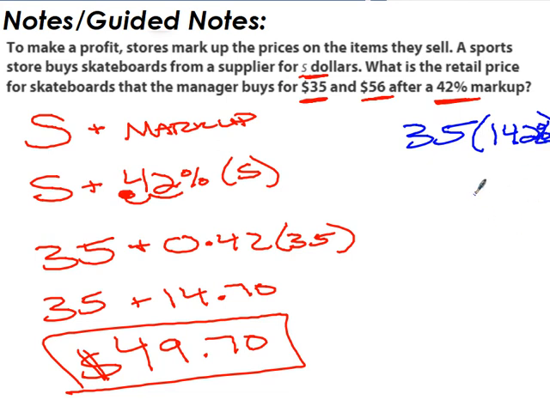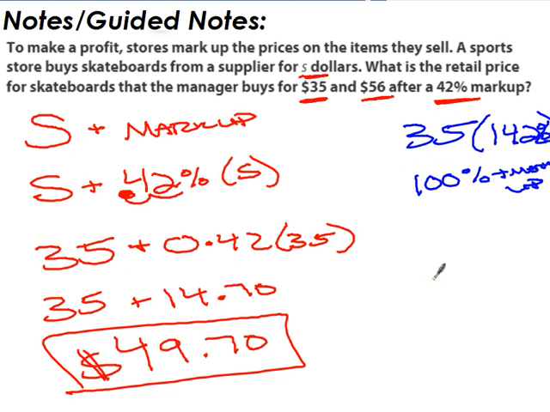142% of the original cost. The original cost, 100%, is 35. But if I mark it up 42%, I'm adding another 42% of the cost. So I'm actually paying a total of 142% of the original cost by marking it up 42. So for a markup, we add 100% to the markup, and then that's my new percentage that I multiply by. And it's actually just one quick